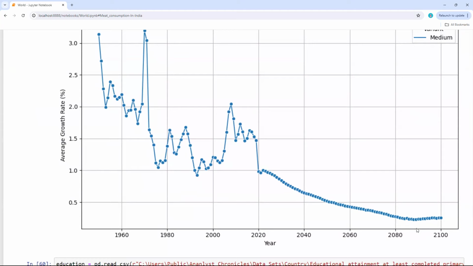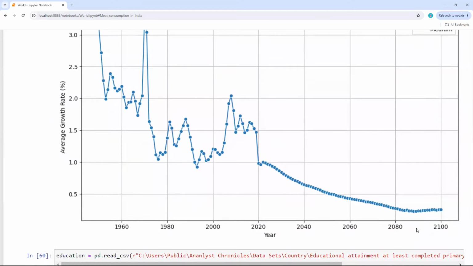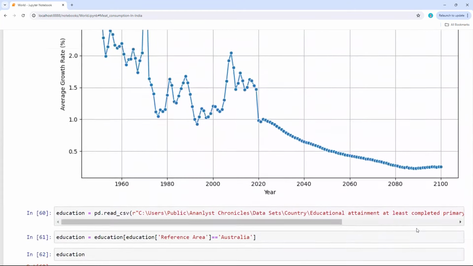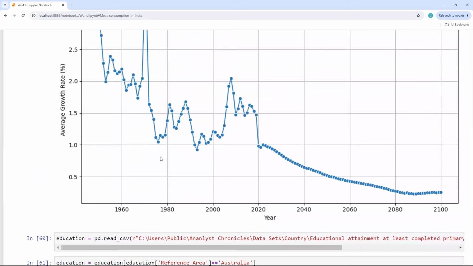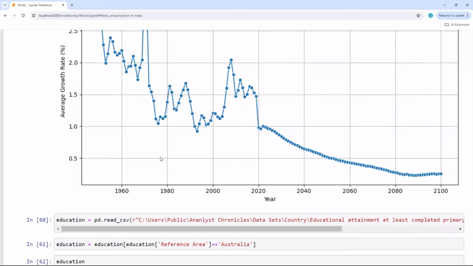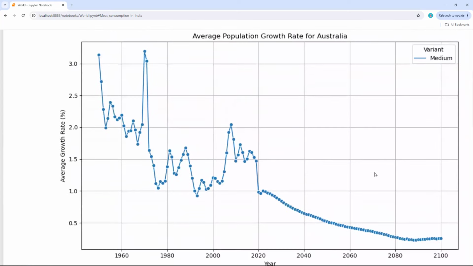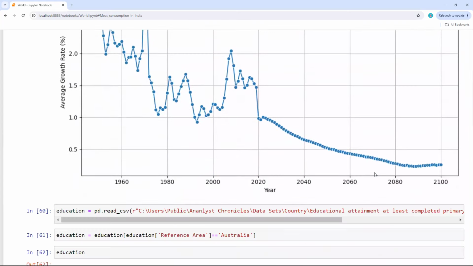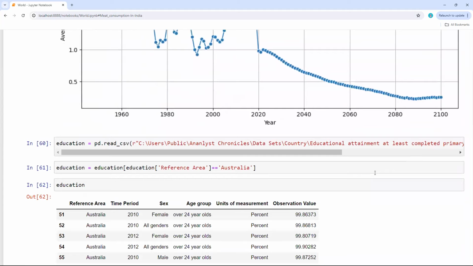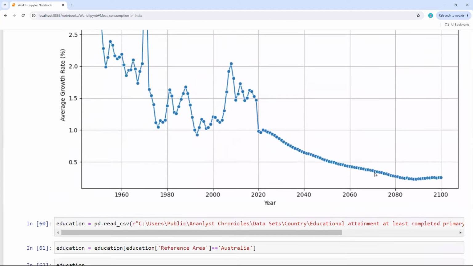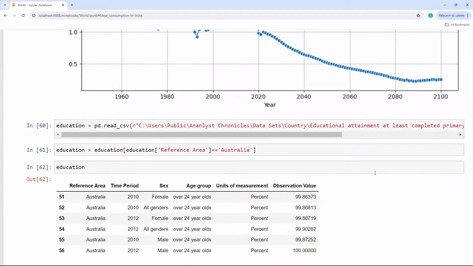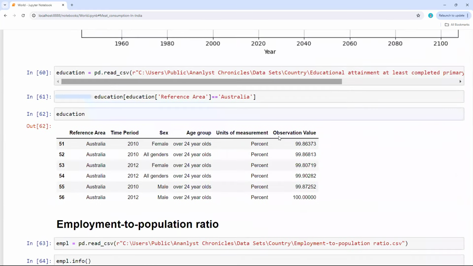That is not a good thing, whereas the country's growth is related to the average growth rate. So if the population growth rate is decreasing, that is not a good sign for the country. So that is about the population growth, average population growth, and the education details,